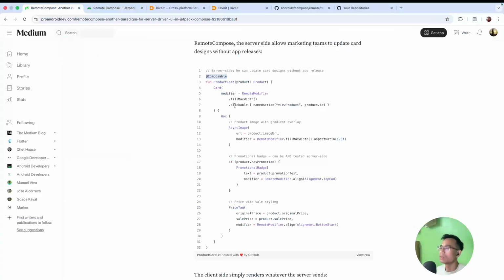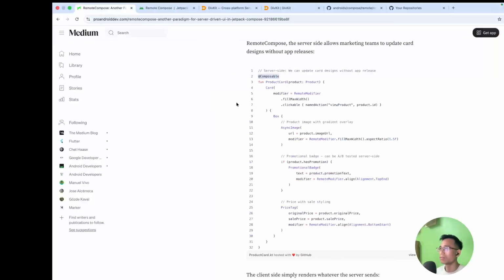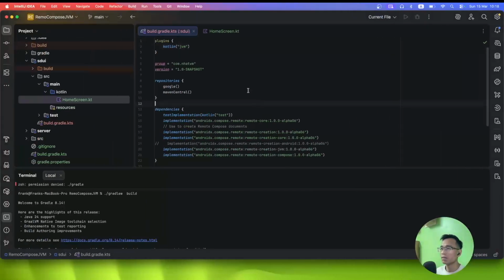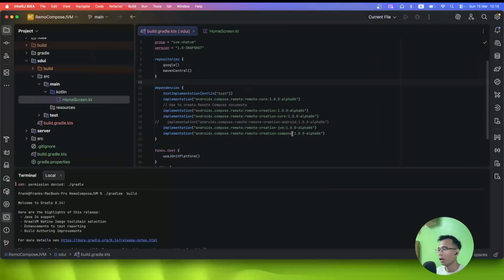According to this article, we can add composable. So the problem is whether composable is just for Compose Multiplatform, or it's for Android. It means that we cannot add composable for a JVM module. And one more thing, when I search for this creation